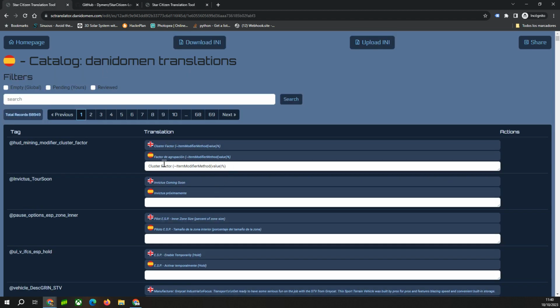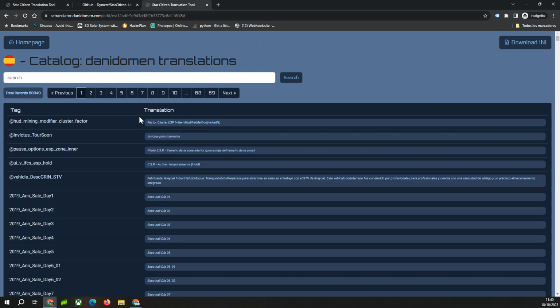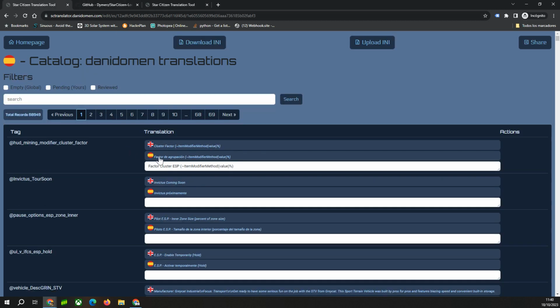Okay, if I change this, for example, and I go to the public ones, this is what will be downloaded. This means that on your catalog and for one language, the priority is the one that you put in. Okay, the other is if the language has its own wording.